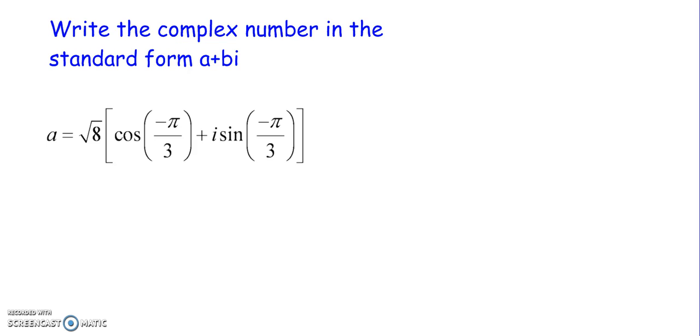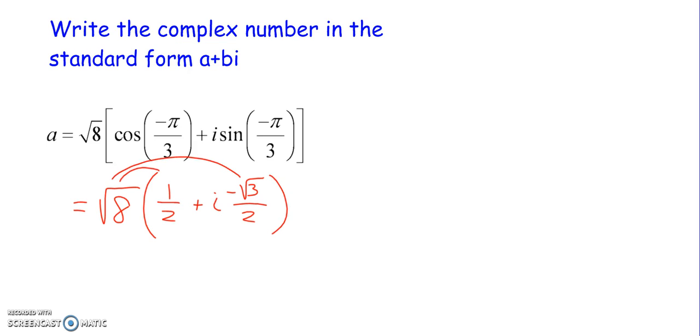So to solve this, it's radical 8, parentheses, the cosine of negative pi over 3 is 1/2, plus i, and the sine of negative pi over 3 is negative radical 3 over 2, and all we need to do is